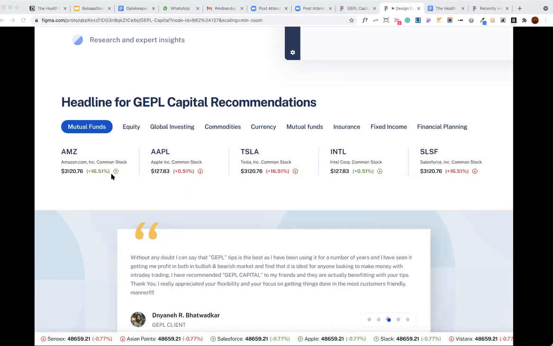Yes, I think we want it. Better to have that option. I think it should be scroll down, only one at a time, because if everything is visible, then people will tend to click on everything. No, that's not what Ruchi was asking. We want users to click. We want users to see what the recommendations are for mutual funds and equity and all of that. Of course, you can click. But suppose we don't have any recommendations, then we hide it. If you don't have any recommendations for currency, you can hide currency.